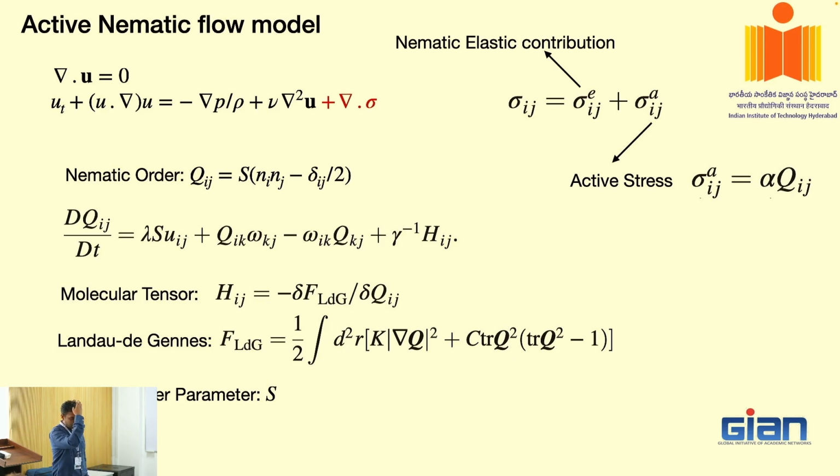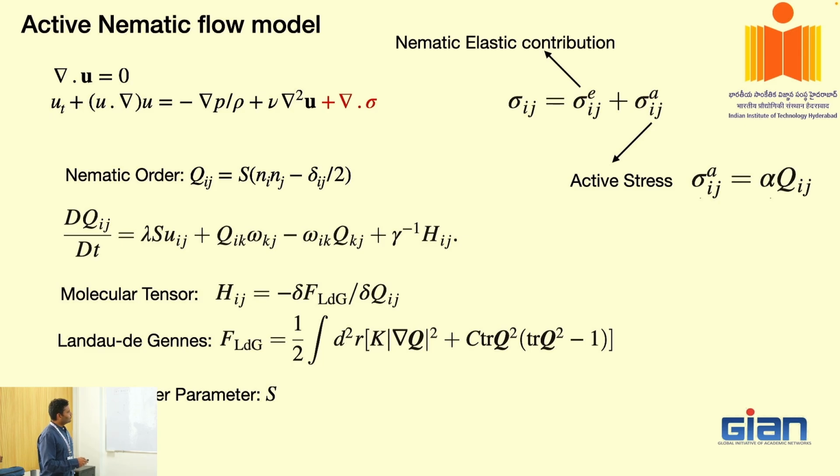And in what we had for the viscoelastic system, we said we are going to look at the strain tensor, and then from there we say that the strain tensor is directly related to stresses, and if you take a divergence of it, you are going to get the force. So that's what is being done here. Now in this case, there will be two contributions. If you think about these nematic systems, if there are rods, they will have a natural elasticity, right? If you put many of them aligned and try to move them apart, a natural elasticity comes into the picture. So if you have only a nematic kind of system, you're always going to have this elastic contribution. That is always going to be there.